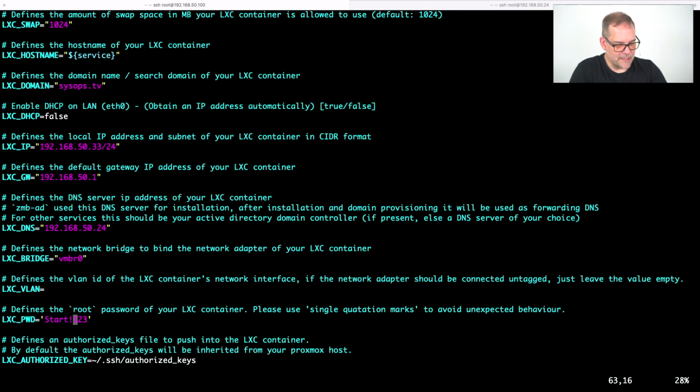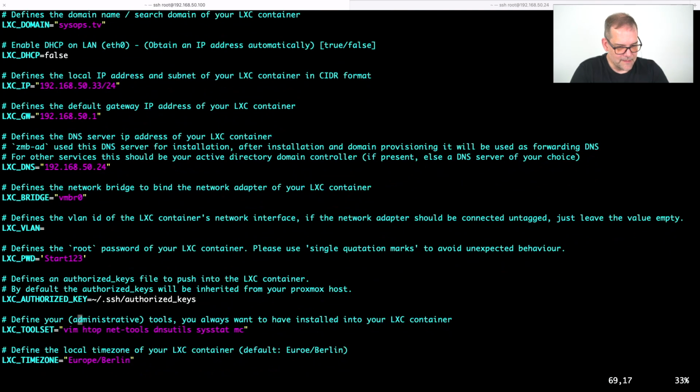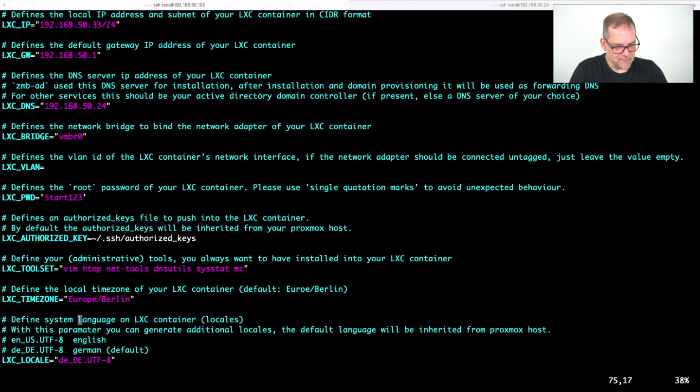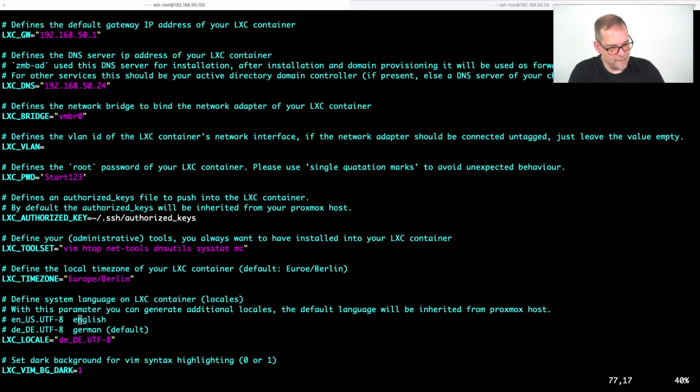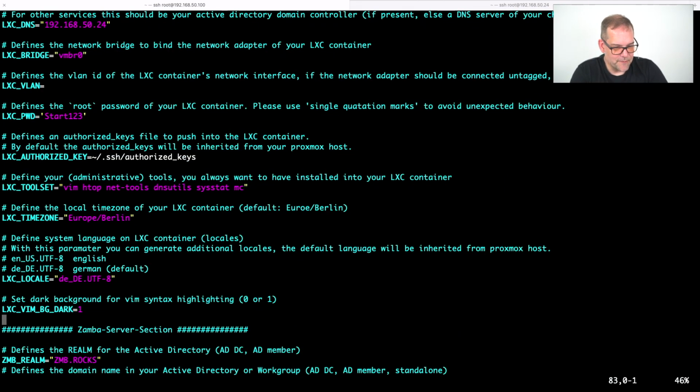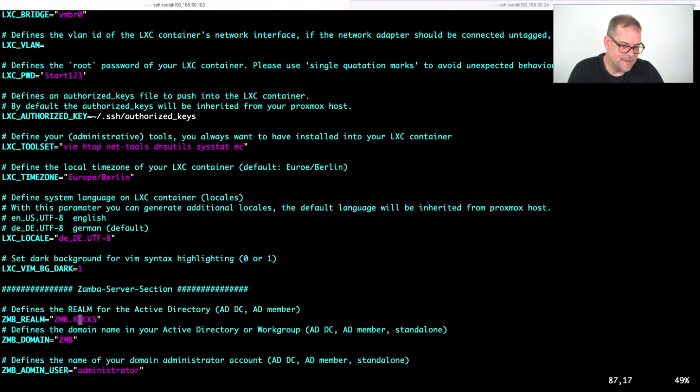So then you need the correct password. You need a domain administrator. So this is for the container itself. From here on, time zone, language, feel free. So until here, it's only about the operating system. From here is about the software you want to install. But we are almost done. You have to type this in capitals,